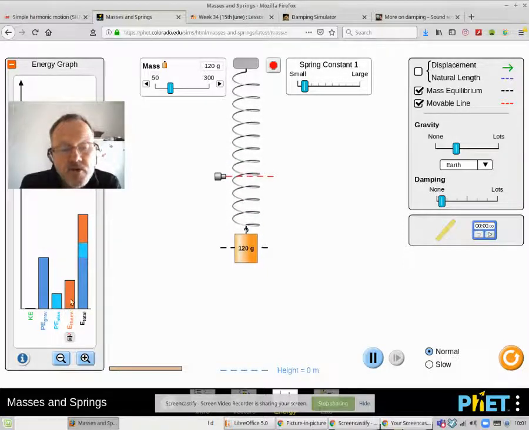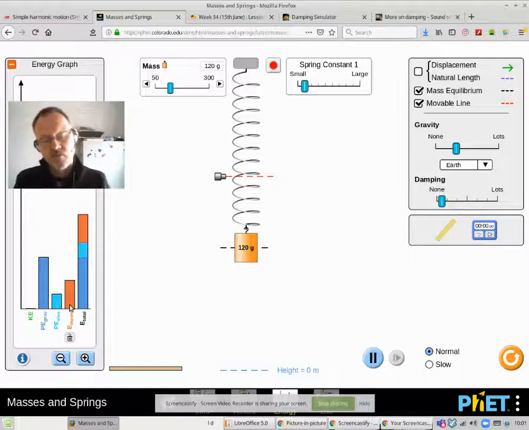Over on the left hand side there's a key difference in that this time we've now got some thermal energy generated. So the total energy is still the same, but some of that energy that we started with has become thermal energy, and we're going to talk about what that thermal energy is, where it is. So if we go back to our PowerPoint,